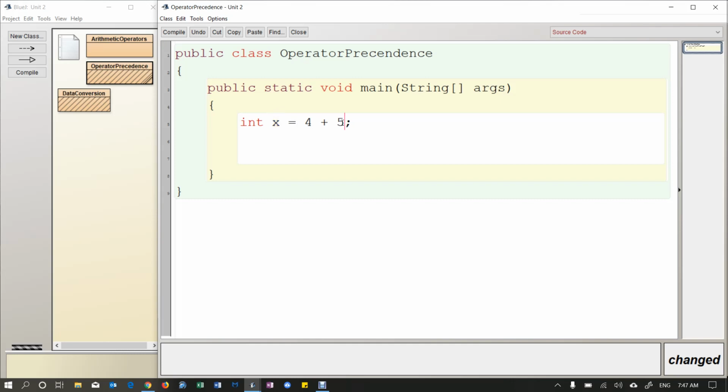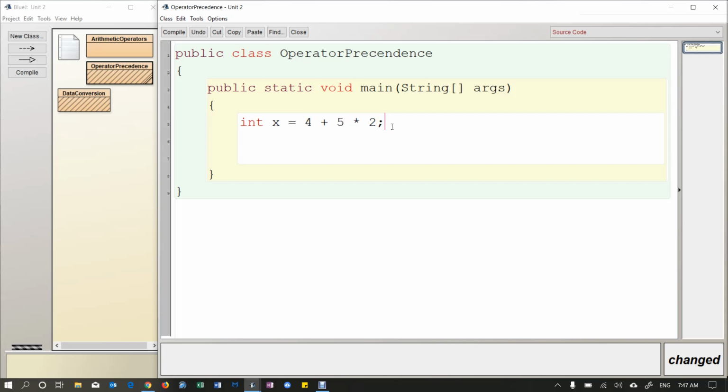Okay, but what if I had 4 plus 5 times 2? So instead of just going from left to right, Java actually follows BEDMAS, which we learned usually in middle school math. So it does brackets first, but there are none. Then it does exponents, there are none. And then it does division and multiplication first. And then it does addition and subtraction. So this will actually do 5 times 2 first, which is 10, and then it's going to add 4, which